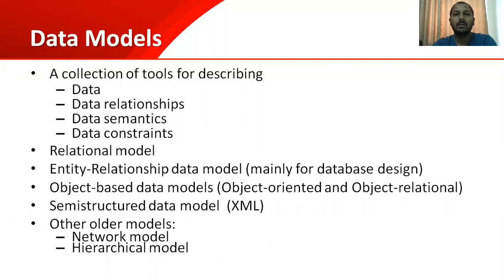Now suppose I have a table wherein I have roll numbers and names. I have another table where I have roll number and marks. So both the tables are having data, and there is a relation between these two tables. If I want to see the marks of roll number 5, I can go to table number 2, check roll number 5 and get the marks. But if I want the name of roll number 5, I have to come back to table number 1, search for roll number 5, and then I'll get the name of that particular person. So in this way, data is having a relationship between them.